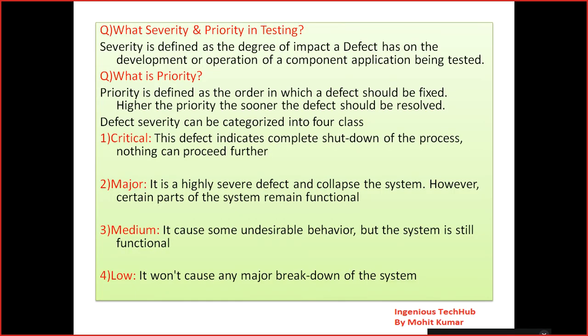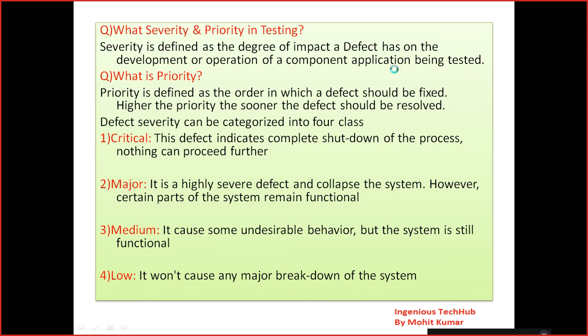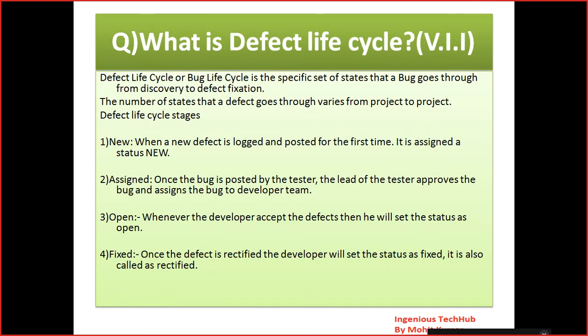And how we can raise the defect, you have to tell the whole story: this is the high priority, severity and all the details, and I am using the Jira tool for raising the defect. Then you have to describe everything. Then one more question is there: what is the defect life cycle? I raise the defect, then it is assigned to the developer. The developer will open that defect. That is called the open stage.